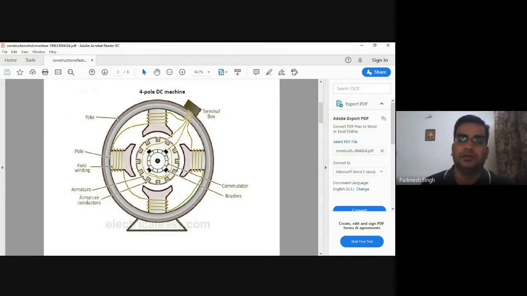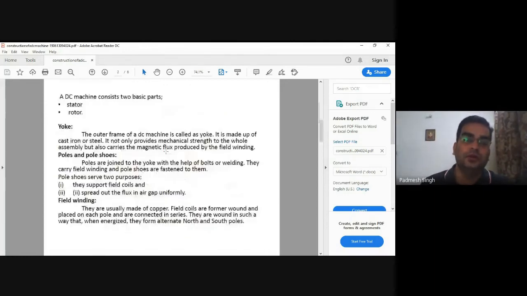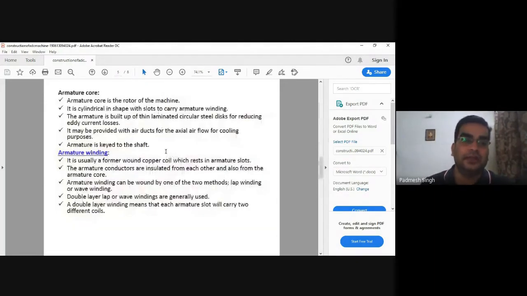depending on whether we are using it in a generator or in a motor. And as well, it provides connectivity between the rotating part and the stationary part. So it serves two purposes. The commutator is a mechanical rectifier. So if we come to the commutator slide,